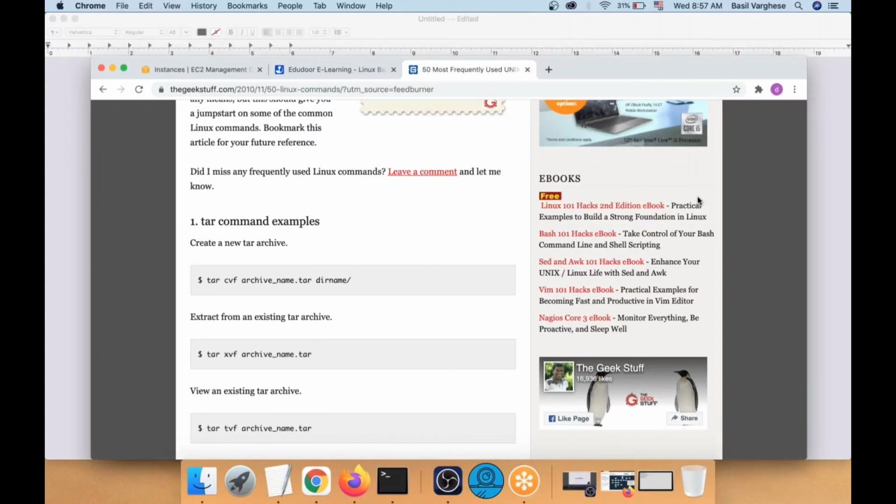So I'm going to give you 50 Linux commands to work on. Learn those 50 Linux commands, run them, and prepare a one sentence note about each command in your own words, describing what the command did. Write one sentence in your own words and submit this assignment. I will tell you what your approach will be while doing the assignment. So the first command is tar. The tar command creates a tar